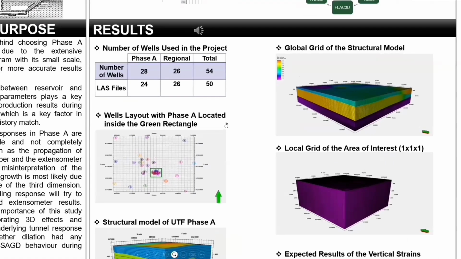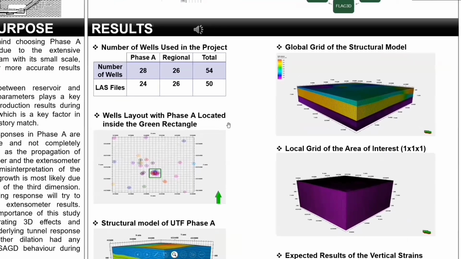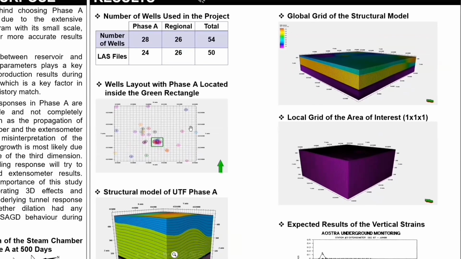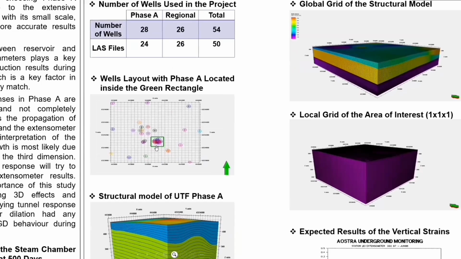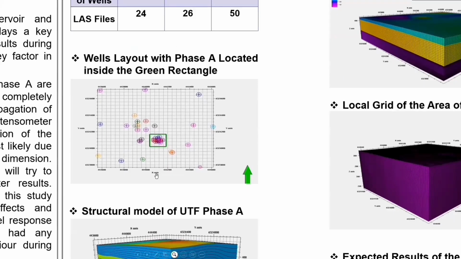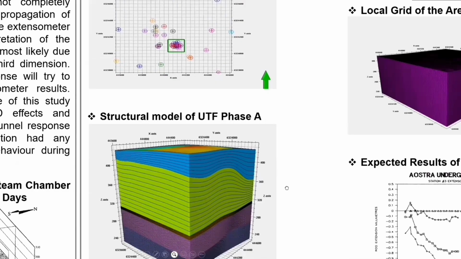So the final number of the wells is 54 in total, in which 50 wells have glass pipes. The figure here shows the layout of the wells, with phase A located inside the green rectangle, which will be served as the boundary of the higher resolution grid. This image here